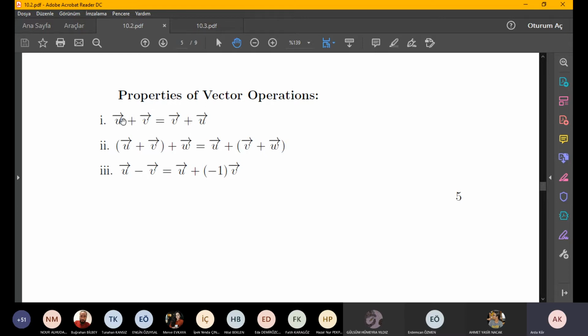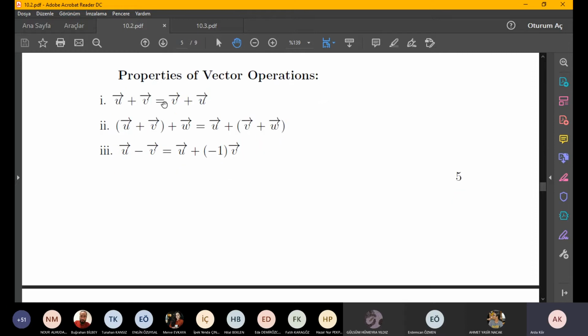So the addition is commutative in n-dimensional space. That means (u plus v) plus w is equal to u plus (v plus w),